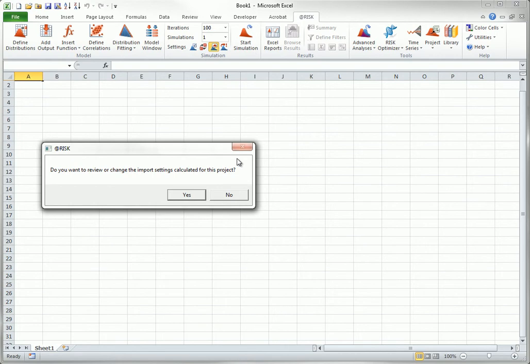Note that this file doesn't need to be open in Microsoft Project. In fact, Microsoft Project doesn't even need to be open, but it will launch and open this Mpp file when you do the import. You can click No when you are asked if you want to review import settings,